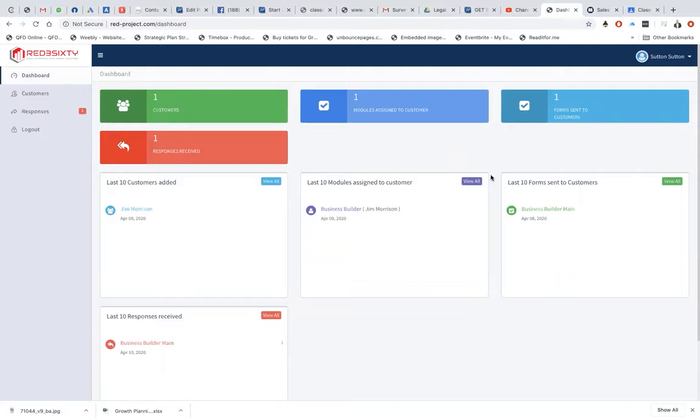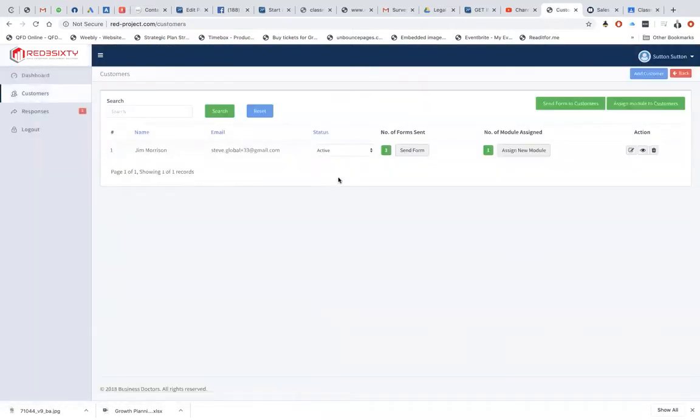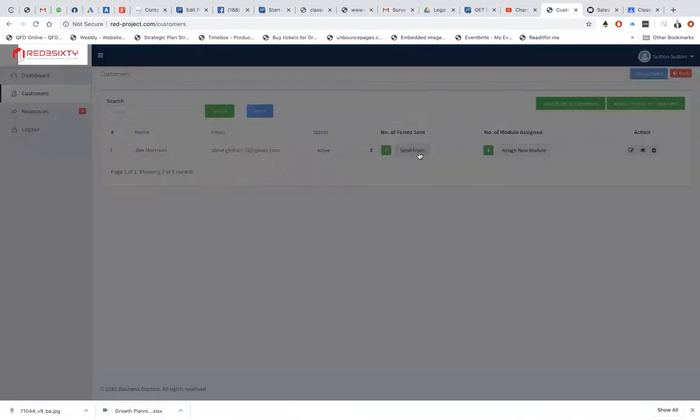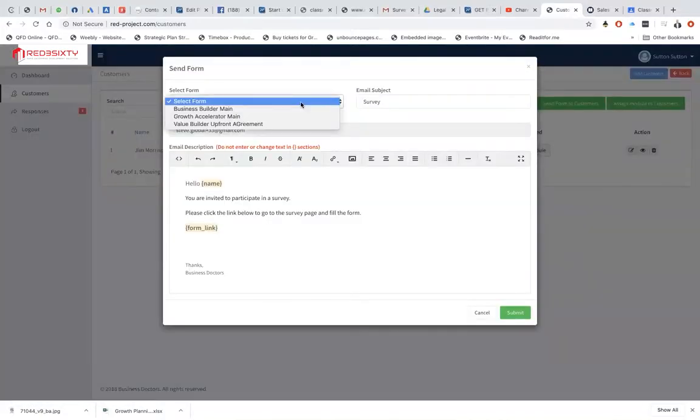What you're looking at again, just a quick recap, is a RED project or RED portal. Within the RED portal, we manage our customers. We're able to do the surveys and also activate the modules. We are currently looking at a survey that has been sent out. Remember, you can send the form, the two different surveys,